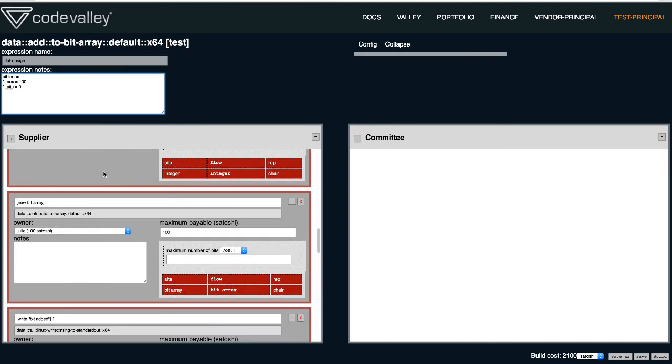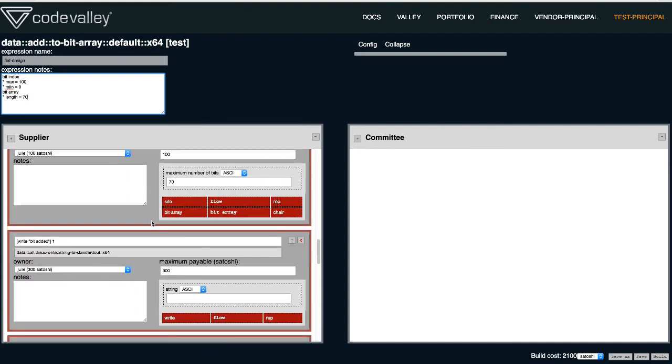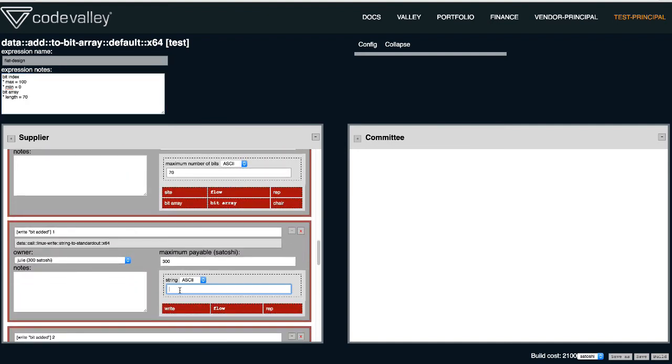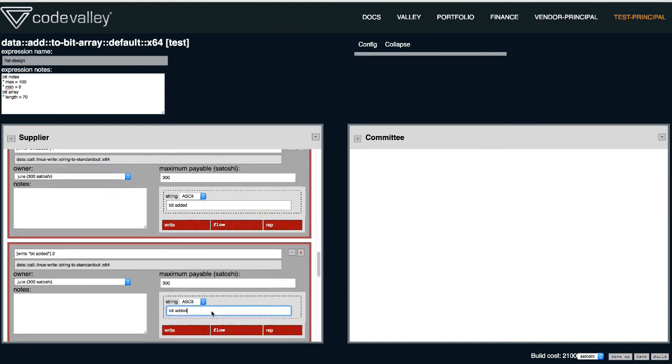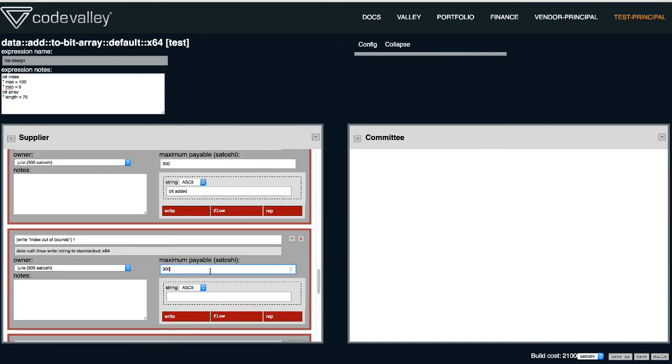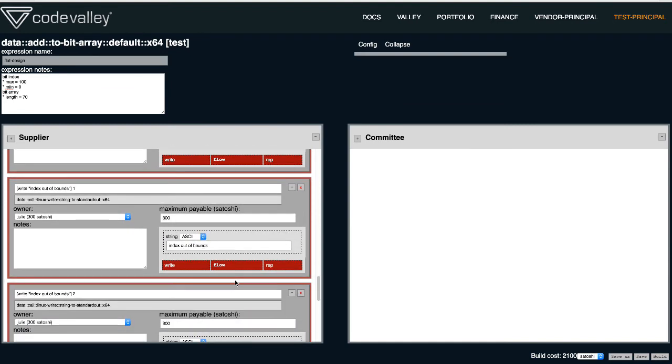The new bit array asks for the maximum number of bits. Let's say 70. And the write, the first one, wants to know what we want to write. Let's just say bit added. We want to write that twice. And then we want to write index out of bounds and